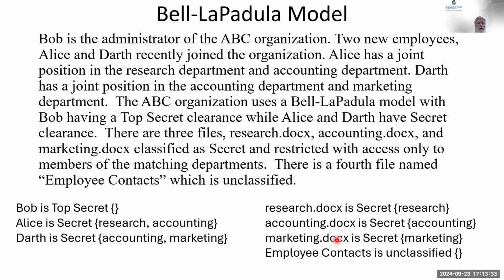All right, here is the question that killed many people. Let's talk about this. You've seen the question. I'm not going to read the whole thing to you, but let's go over how you break it down. Okay, Bob is top secret. As it says, Bob has got top secret clearance. Bob does not have any groups. Somebody wondered about that, sent me an email, and I explained it to them. It doesn't say it's above all the groups. Read the question.